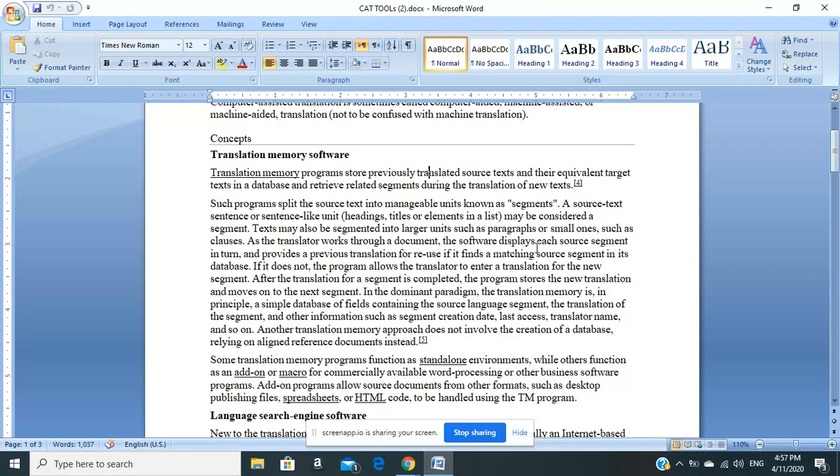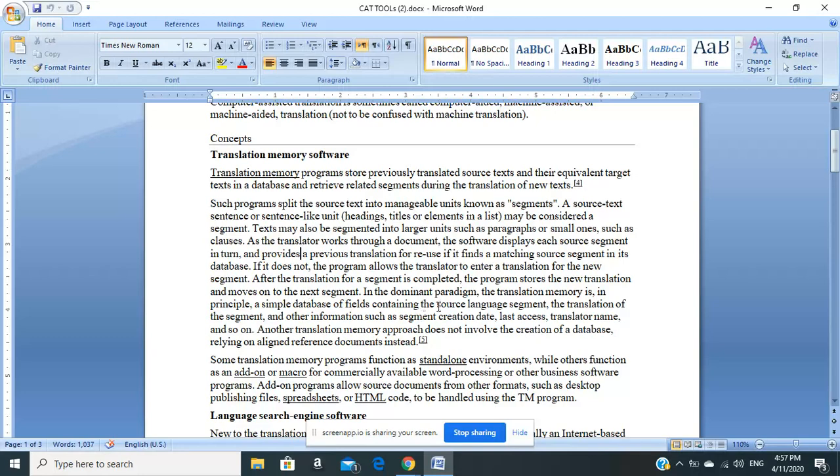As the translator works through the document, the software displays each source segment in turn and provides a previous translation for reuse if it finds a matching source segment in its database. If it does not, the program allows the translator to enter a translation for the new segment. After the translation for the segment is completed, the program stores the new translation and moves on to the next